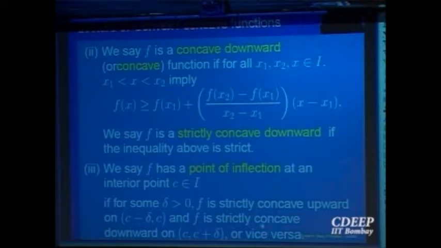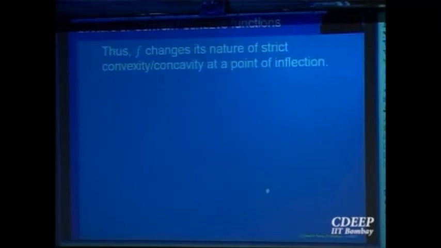So let me repeat once again, concave down, right? Concave downwards means the value of the function is always above the chord joining the two points. Concave down, cup down. So the value will always be between. Imagine a spoon lying inside the cup. If it is cup up, the spoon will always be above the bottom of the cup. So any point at the bottom will be below the spoon. That is the chord joining the two points. Okay, so that is cup up. Other way around, concave down. And the point where it changes nature is the point of inflection.